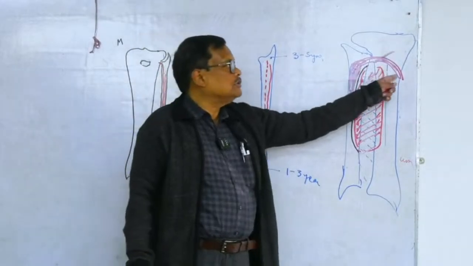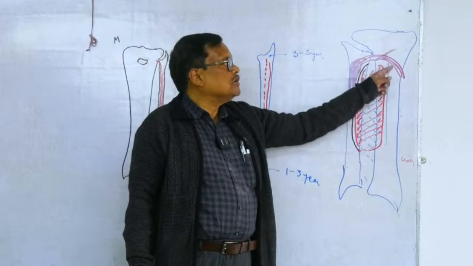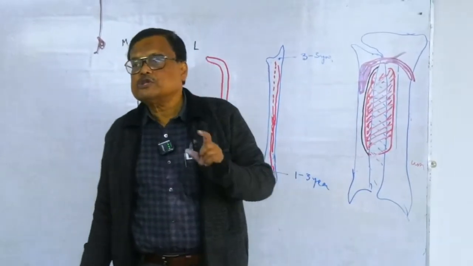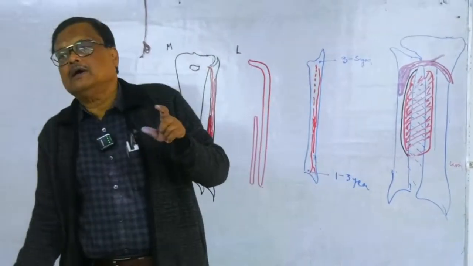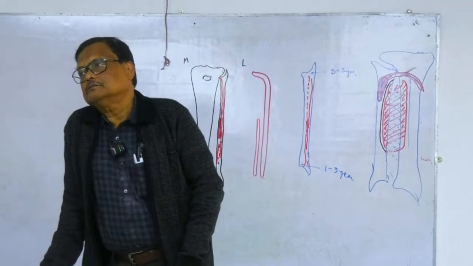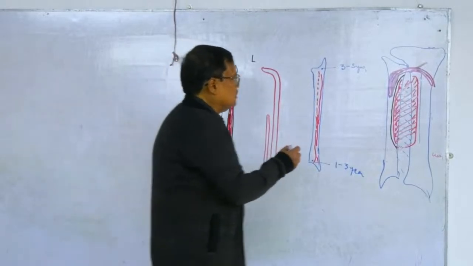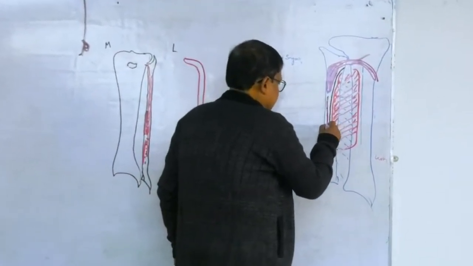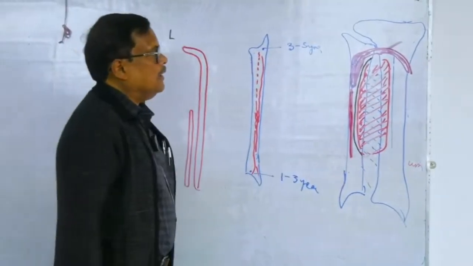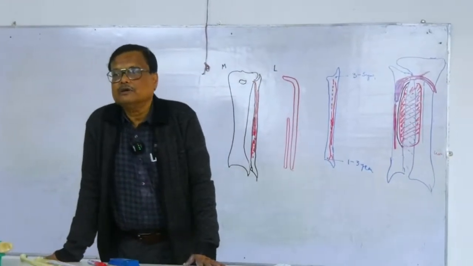Soleus muscle also takes origin from the soleal line as well as below the soleal line in the posterior surface of the tibia, and also from the upper part of the smooth surface, upper smooth part of the posterior surface of the fibula. হয়ে গেল। আর বাকিটা খুব সহজ, বাকি থেকে একটাই মাসেল অরিজিন নেয়, ফ্লেক্সর। ভেরি গুড, ফ্লেক্সর হ্যালুসিস লঙ্গাস, এরম ভাবে একটা নেয়, ফ্লেক্সর হ্যালুসিস লঙ্গাস। ফিনিশড হয়ে গেল মাসেল অ্যাটাচমেন্ট, খুব একটা কঠিন নয়।